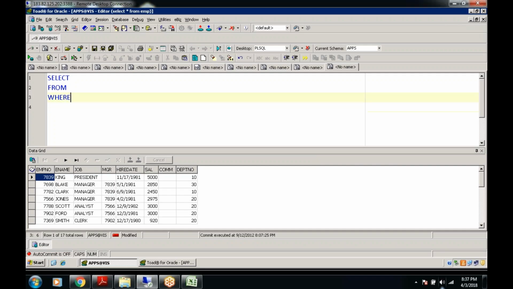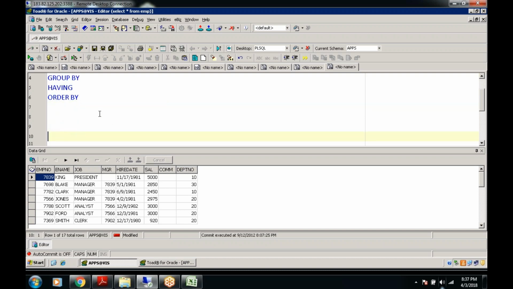So what I was talking about: what are the different clauses of the select statement in SQL language? Select from is mandatory, where is optional. Besides that we have group by, having, and order by as well. So these are some important clauses of the select statement. Till date we have seen the select from and where. So you are aware of it, right?